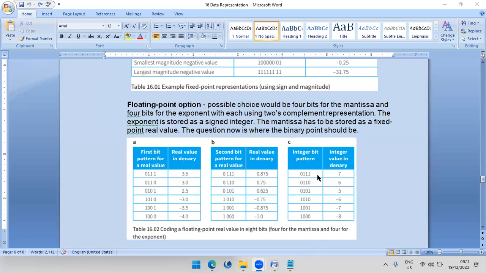Integer bit pattern. I don't have to explain this, you know it, 7, 6, like that. This is minus, sorry, 1, 2, 4, 8. 4 bits now, 8, 1, 2, 4, 8, minus 8 plus 2, that is minus 6. Minus 8 plus 1, minus 7. So